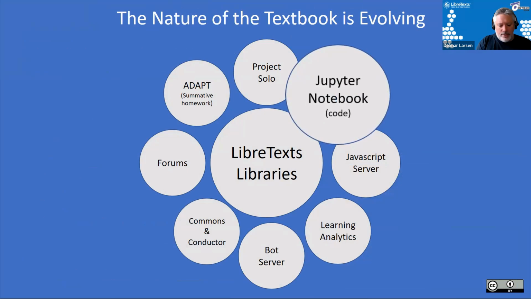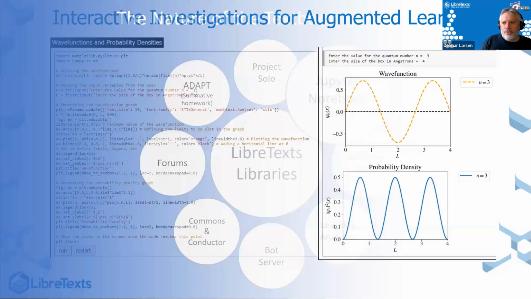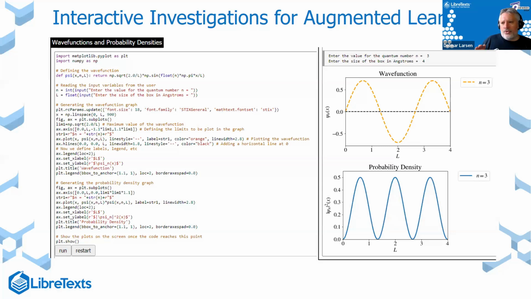Jupyter Notebook System. This is a component of the LibreVerse that is more applicable to the STEM fields, especially the physical STEM fields. And the Jupyter infrastructure provides the opportunity to embed executable code into a book. So as a chemist and as a physical chemist, I'm particularly interested in introducing coding to students so students can actually see and understand how to code. This is an example of Python code that's embedded into my textbook,